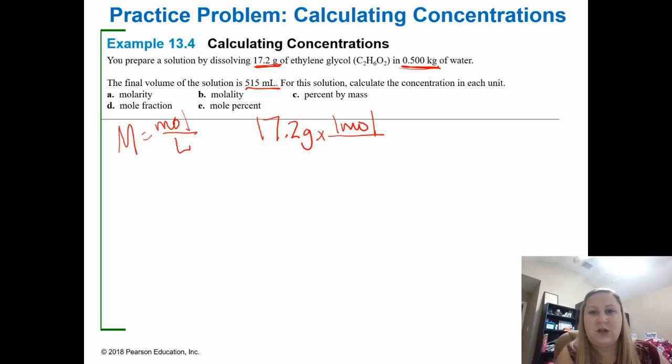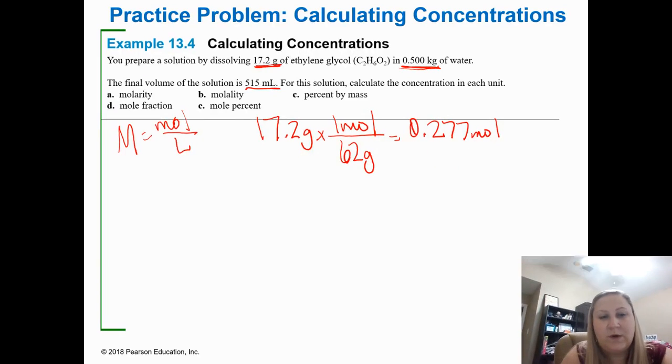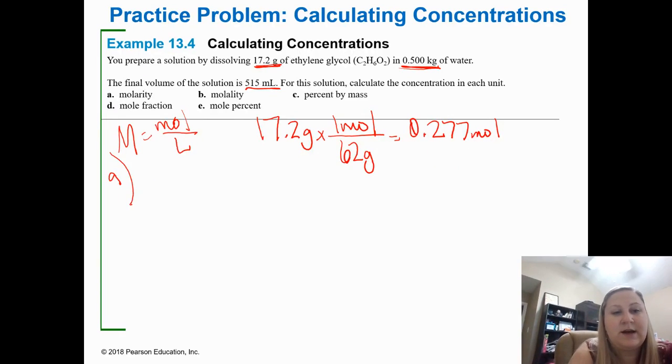And I've got 24 plus 6 plus 32, so we're looking at 62 grams. And I've got, yes, 0.277 moles of our ethylene glycol. Okay, once I get that, I can do